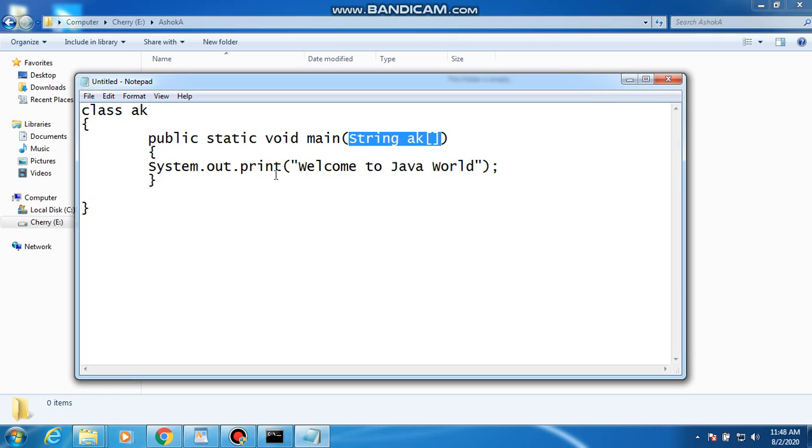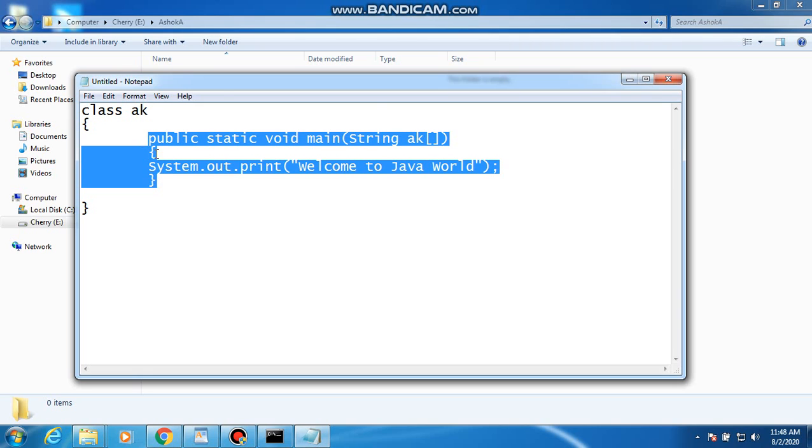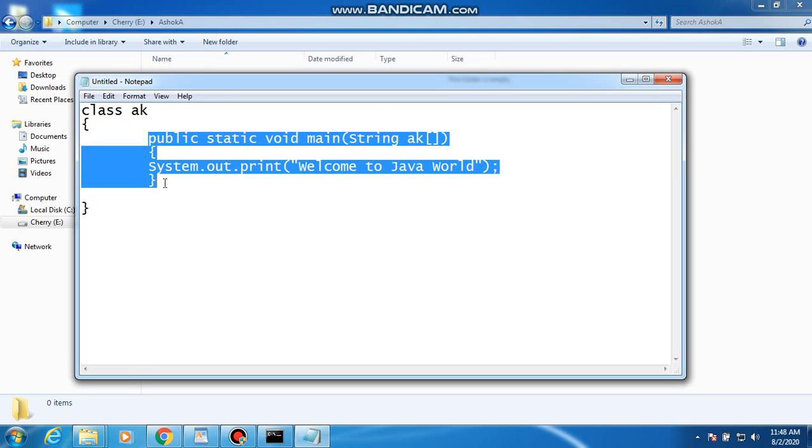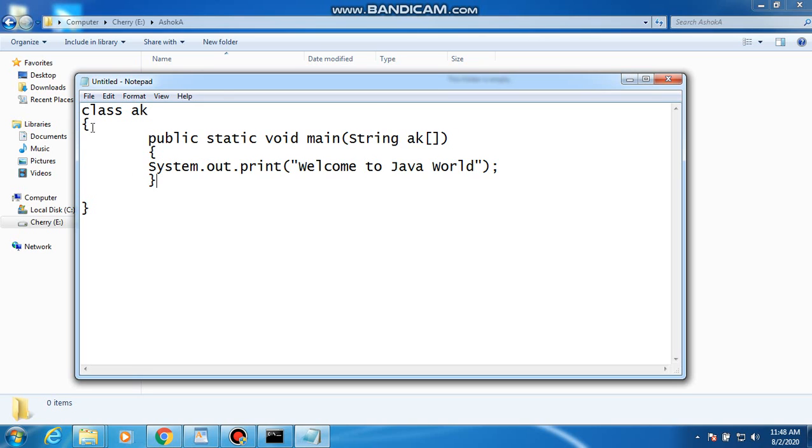If you want to write welcome to Java world, it is the print statement: System.out.print. System is a package name, out is a class name, and print is a method name. This is the main method. Method is nothing but a function. Main closing and class closing.